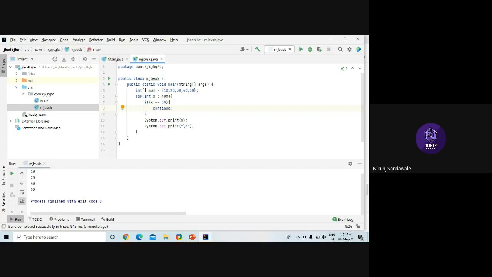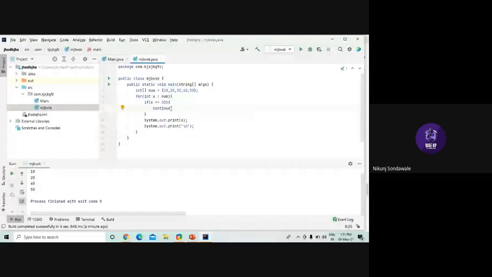Now what happens with this continue keyword is, whenever your code reads this continue statement, it will skip the iteration. It will skip the loop once for that value.